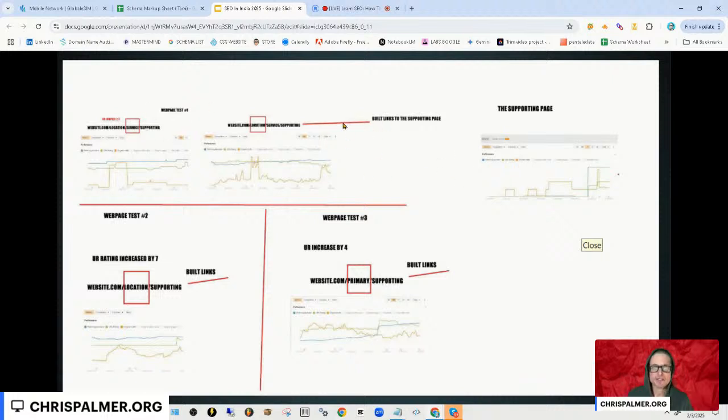We wanted to know, if we build links to a supporting piece of content, not to the ones in red, we're building it to where it says supporting: support, support, support, support. If we build to support, will it power up the page that's in front of it? What we quickly learned from this test, this was actually 4 separate tests. We tested this numerous times though. 4 separate sites, 4 separate pages, 4 separate instances. What we wanted to know is if we build links here, will it pass here?